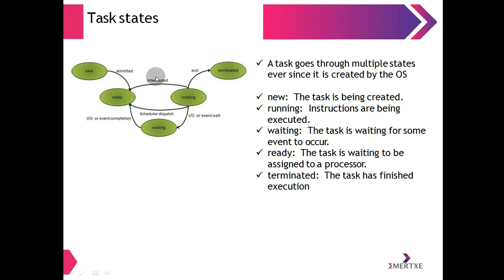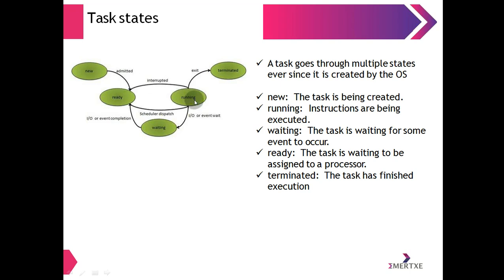So this is the description of task states, how the task states work. Now suppose this is a new task that has been admitted to the ready state. Now this task will be in a running state until there is an interrupt. The relationship between the ready state and the running state will involve the intrusion of an interrupt signal. Suppose an interrupt signal has been